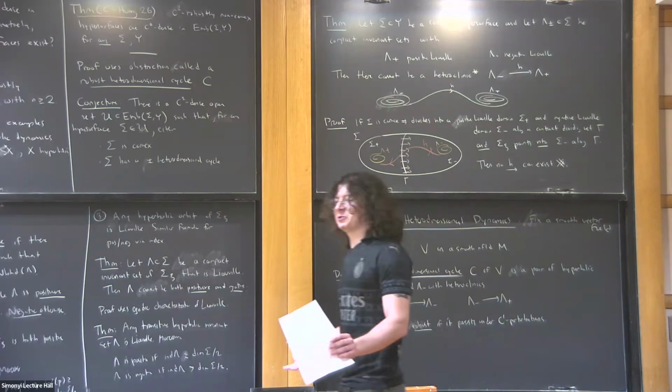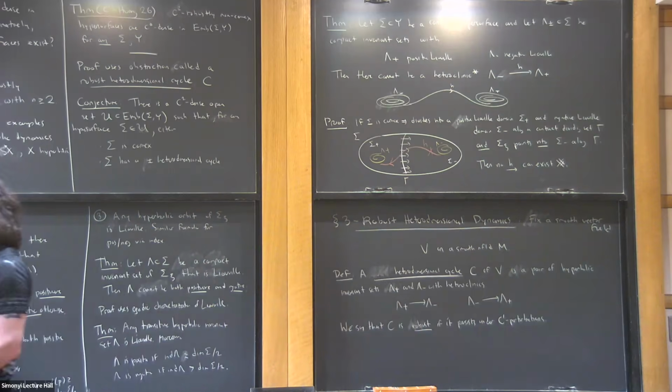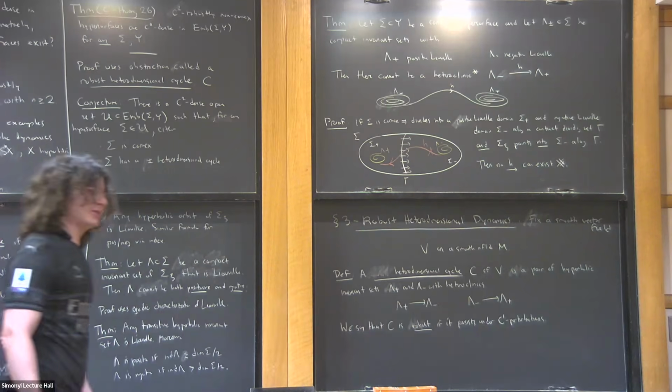This was what he wanted to be true because it would imply that structurally stable dynamics is generic, okay? And Smale thought about this and thought about this, and eventually he found these examples that proved